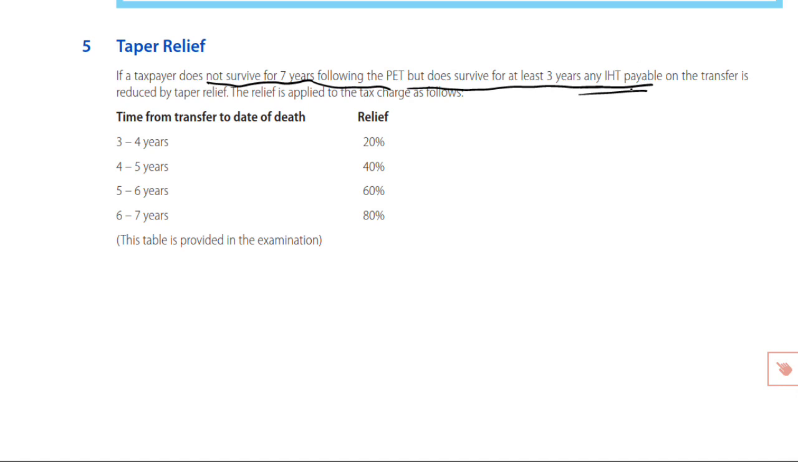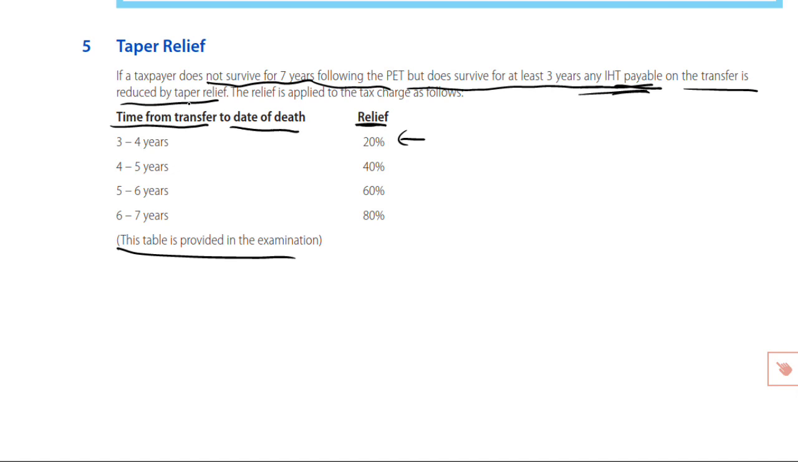But any IHT that is payable on the transfer is reduced by taper relief. And this works, the table in fact is provided in the exam, but it works in a very structured form of moving in 20 percentage points. This is the relief. And it looks at the time difference between the transfer being made and the date of